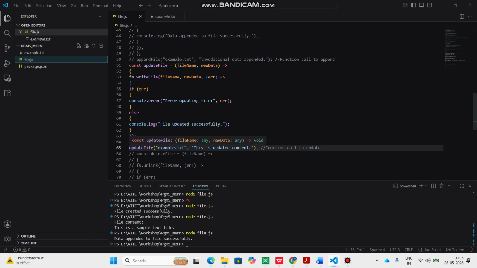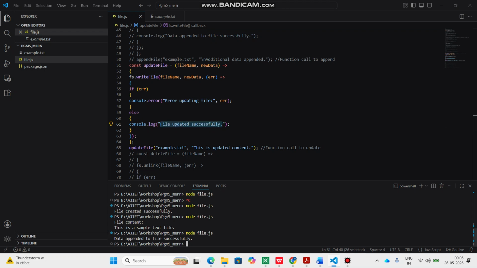We are calling the function update file, mentioning the name of the file and the content to be updated. So control is going to come here. The file name is example.txt and the new data is: this is updated content. It's going to write into that file. Again, if there is an error, a message can be displayed. Otherwise, it will display file updated successfully.